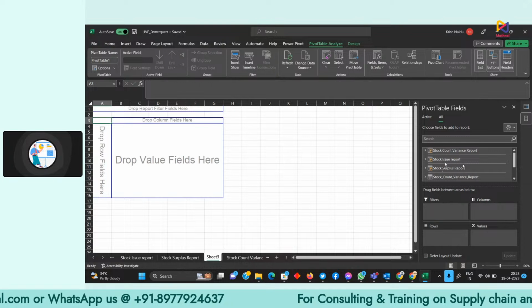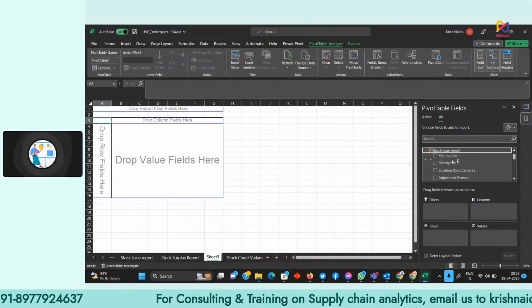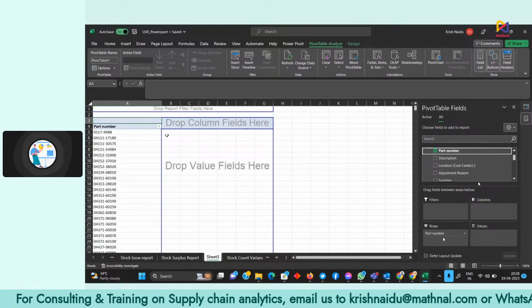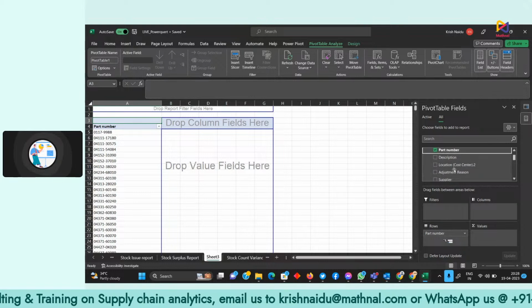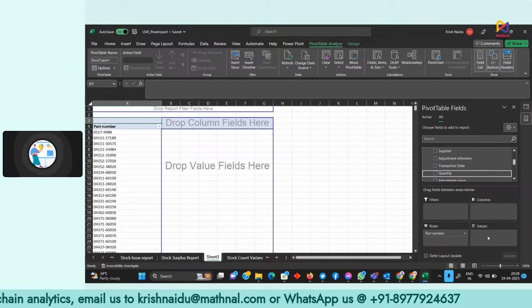So we have three data models from here. I'll take stock issue report from here and I'll take the part number. I'll put it here. This is all the data, part number is here. Now I want to take the issue quantity here. Right, this is the issue quantity. I'm putting it